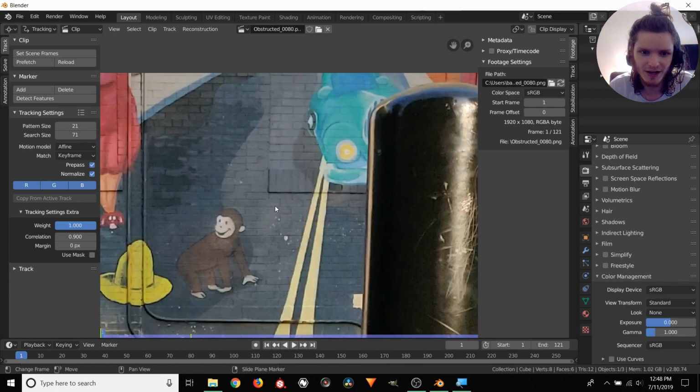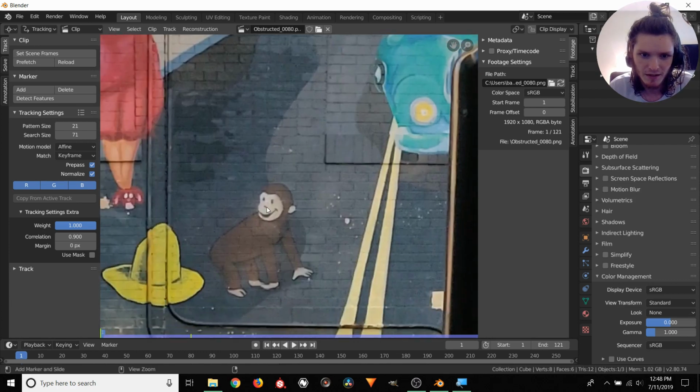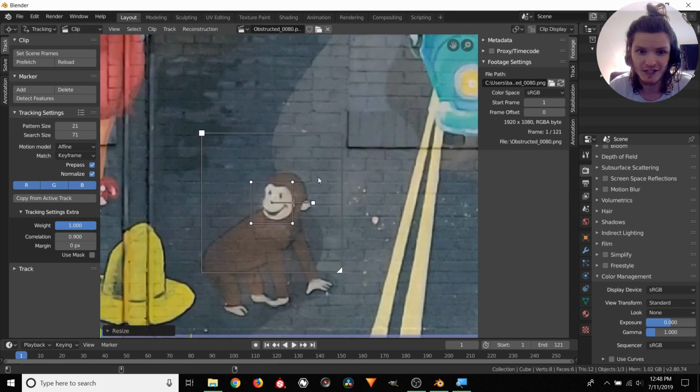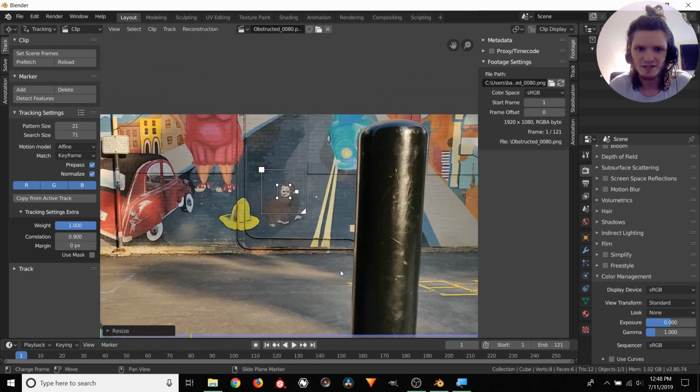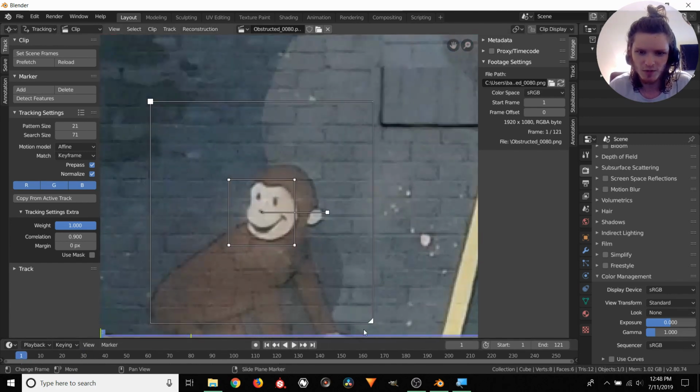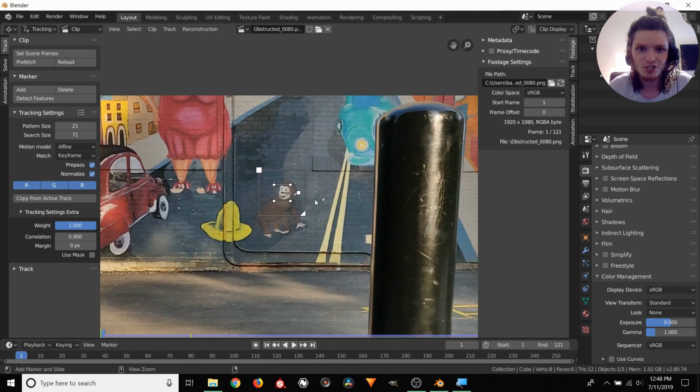So let's add in a tracker. Control click. I'm going to do it on his nose. Control click, scale this up. Alt S is for the search box, and again we want this big enough so each frame it stays inside the search box. Of course, this footage isn't moving very wildly, so we can actually make this a bit smaller. Like that. Okay, so Control T to track forwards,